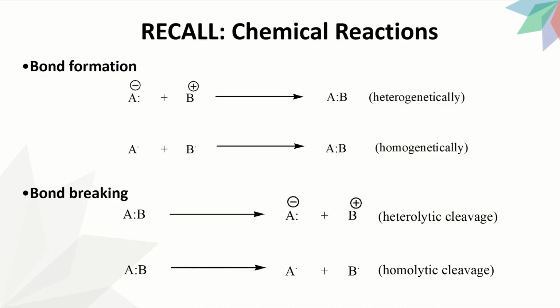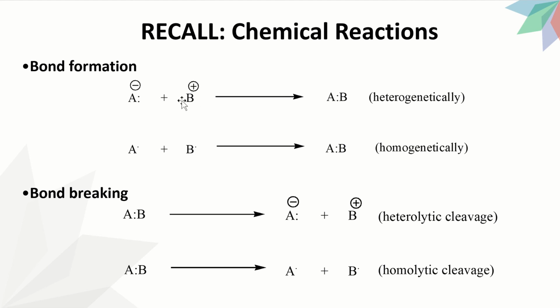So just another revision slide about chemical reactions. We know that, and obviously that's related to the strength of the bond, for every reaction we have bond formation and bond breaking, or else it's not a reaction. If we look at it, there are two ways in which bonds can be broken and formed. And of course, we know hetero means other and homo means same. So in this case,